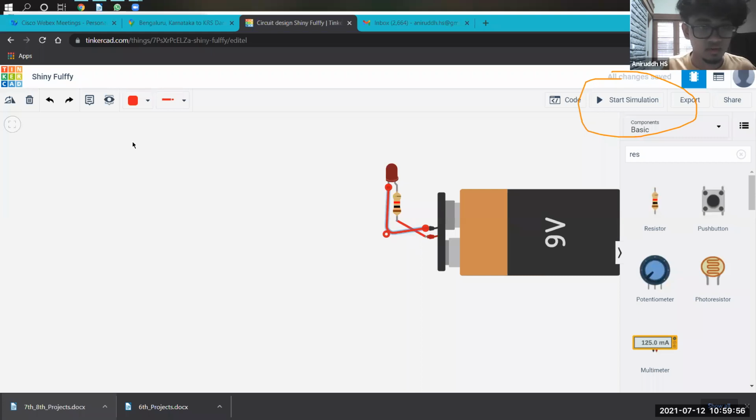Okay, Aniket has a doubt, and Ravi. Okay, Aniket, tell me. Sir, I have no option for start simulation. Yeah, you have done it, and did you click on start simulation? No, I have no option. You have no option. Can you